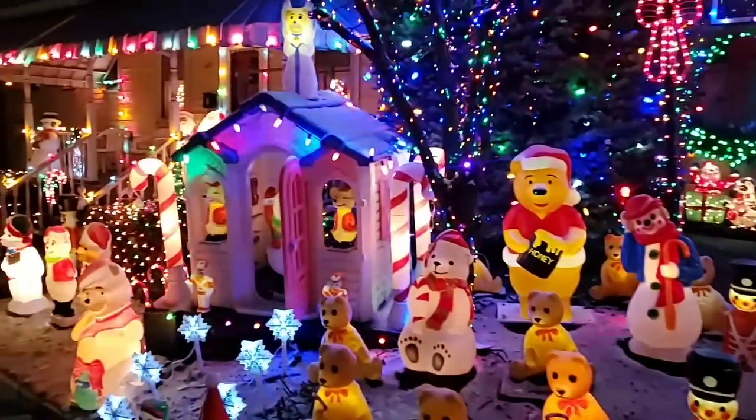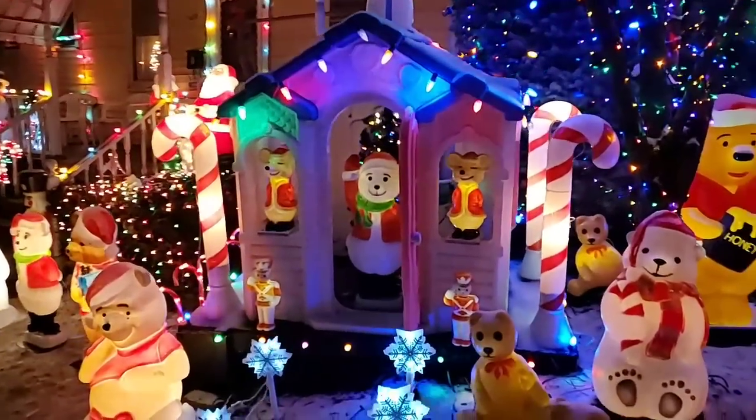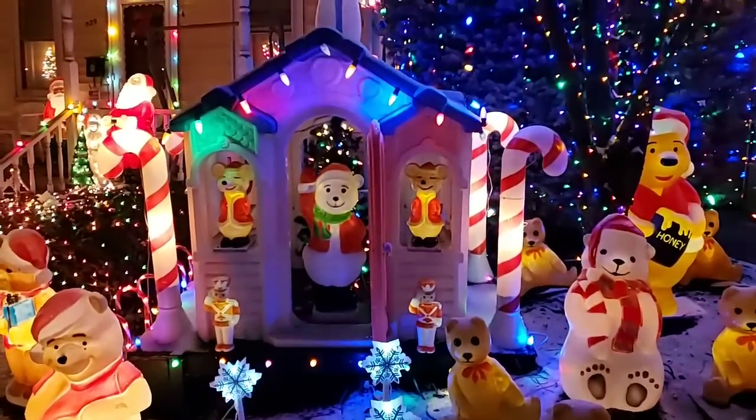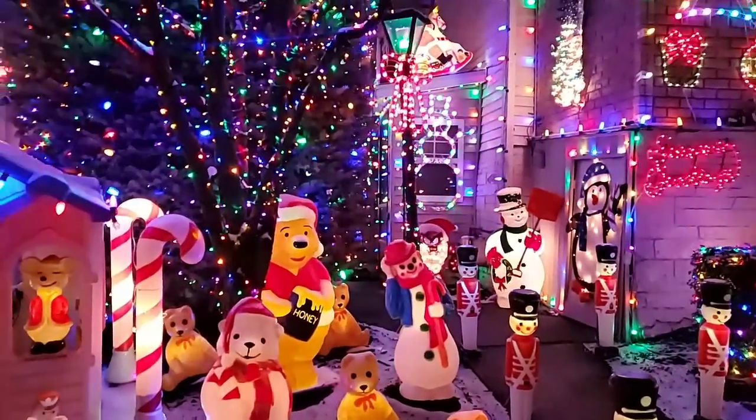And it spills over here into the next property. Another playhouse with some mice. That's a good question. Wonder where they do store it. I'd imagine it either has a large garage or maybe a storage locker, but